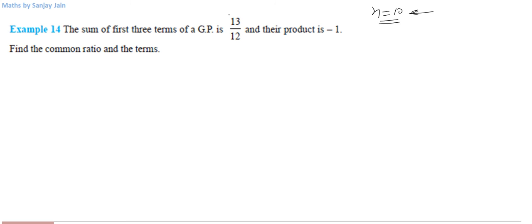This is the desired sum of this sequence given here, which was not originally GP. So what we did was we took 7 common and then divided and multiplied it with 9. Then after it came into this format, 9, 99, 999, we wrote it like this: 10 minus 1, 100 minus 1, 1000 minus 1, and so on. So we separated these ones, and the rest we got as a GP, which we can easily solve because the first term is 10 and common ratio is 10, and this was n. I hope you got the idea which I want to convey here. This is 9, right?